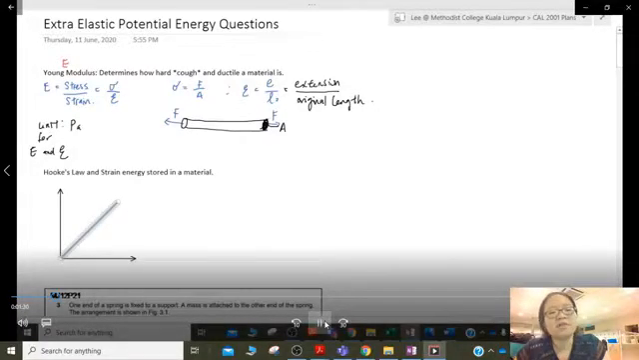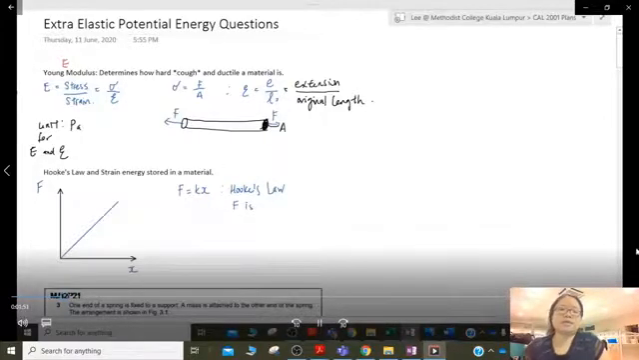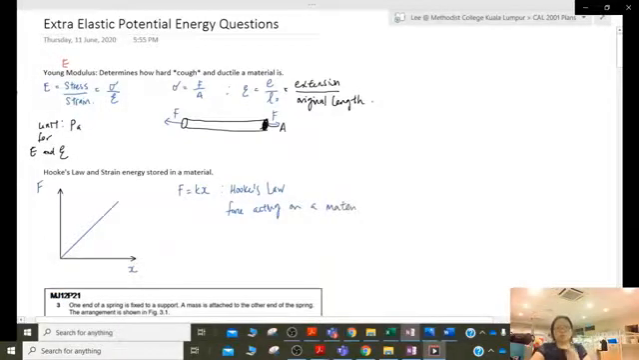So we are very familiar with Hooke's law, at least I hope you are, which is a graph or a situation where the force applied on the material is directly proportional to the extension. So you must get a straight line that passes through the origin. Okay? So that is the statement of Hooke's law, where the force acting on the material is directly proportional